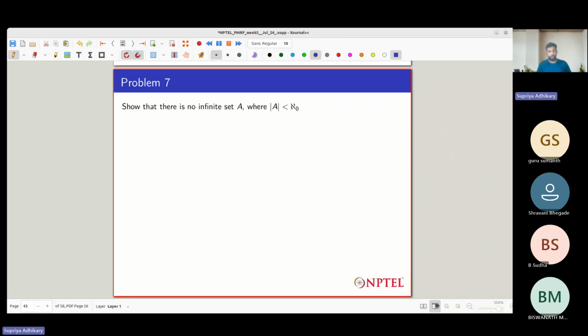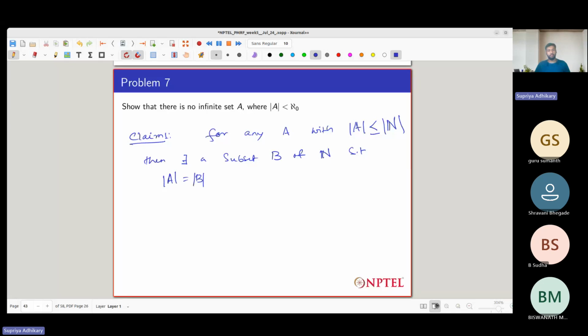So now we will prove two claims. The first claim is that for any A with cardinality of A less than or equal to the cardinality of the natural numbers, there exists a subset B of N such that the cardinality of A is equal to the cardinality of B. So this is our claim 1, and the claim 2 is that